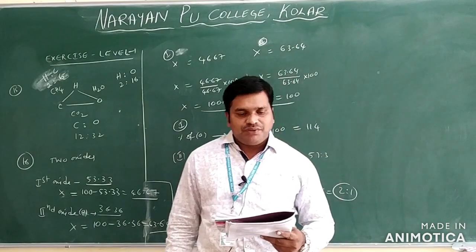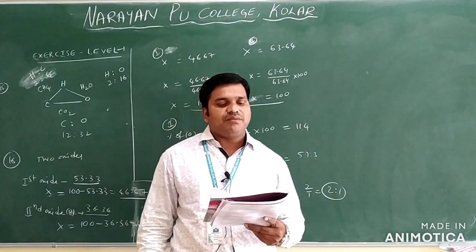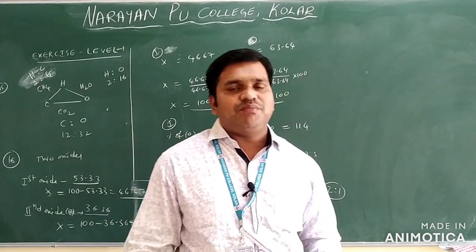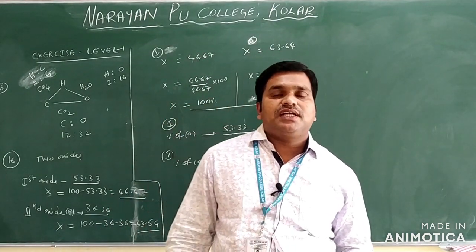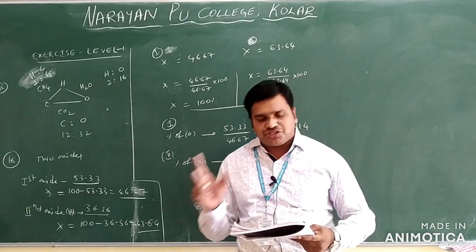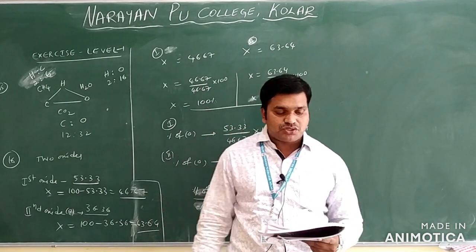See the next question, question number 17. After a chemical reaction, the total mass of the reactants and the products: after the chemical reaction, the total mass of the reactants is equal to the total mass of the products. So mass does not change. You will take option 3 for this question only.